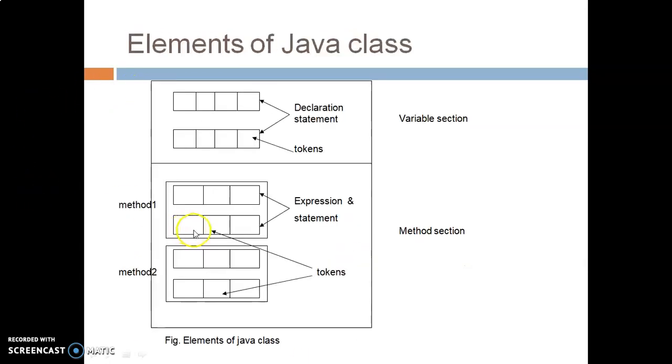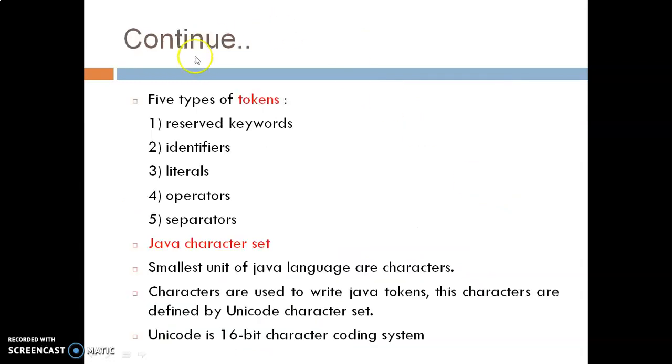You can see here in this diagram, you can use tokens in the variable section, you can use tokens in the method section. So wherever you are writing a Java program, there we are using tokens plus white spaces plus one thing that is suggestive, that is the comment section. Tokens are used in the variable section, tokens are used in the method section, everywhere; every smallest part of a program is a token. So when I am talking about tokens, it is a collection of these 5 things, that is reserved keywords, identifiers. Identifiers are nothing but variables.